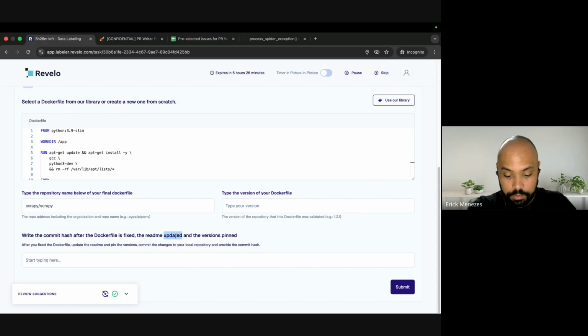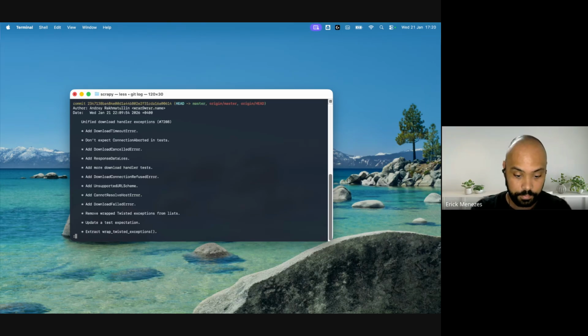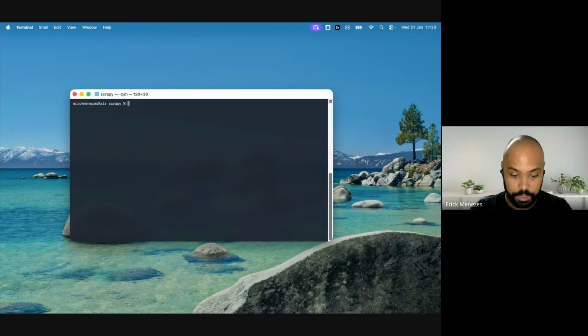And now we have to prepare the code base to set up the first commit of the task. What does this mean? Now we are going to come here to our terminal. I already git cloned the project, you can see here. Now, as I said, we have to revert the repo to the point where the bug exists, so git checkout.